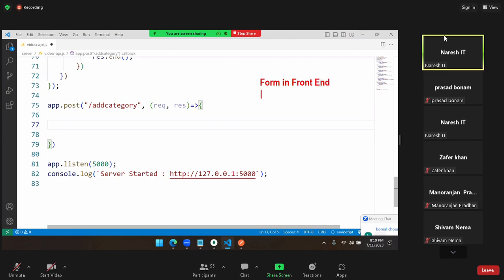Front end means it is from React. From React form, we will use the Formik library. By using Formik, we submit the form. Generally, when you submit the form, it will submit on which request? Post. On post request, when you submit the data, where the data is present,